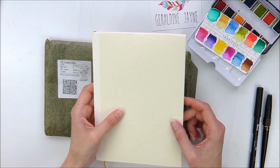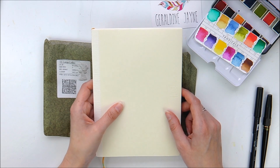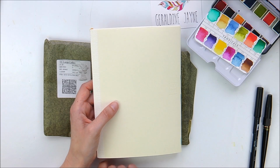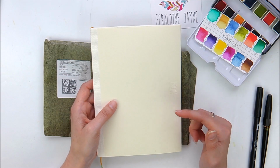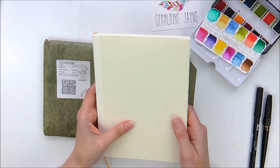Because it would cost just a fortune to order one from, is it Japan? I don't know actually where it's from, abroad anyway. Yeah, it cost like $20 something for the notebook and 20 odd for shipping, and then I would take the risk of customs as well, so I just thought it's going to be too much. I will invest in one eventually, so instead I ordered this other notebook which I'm waiting for,